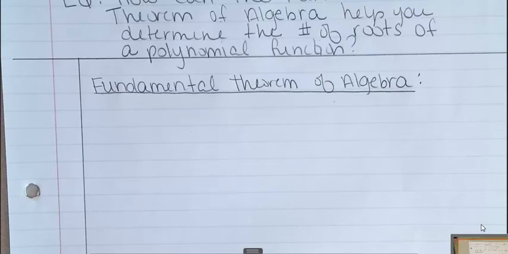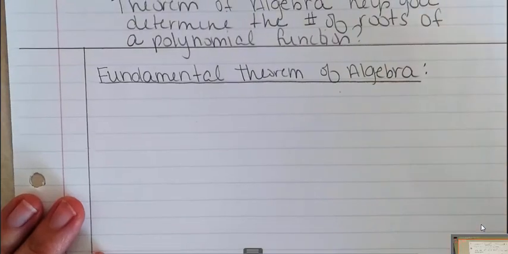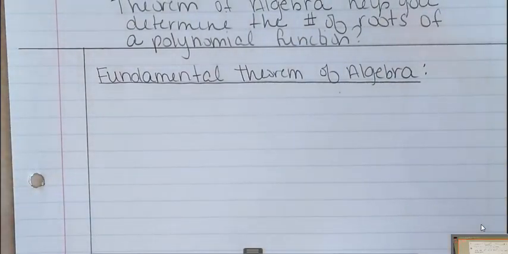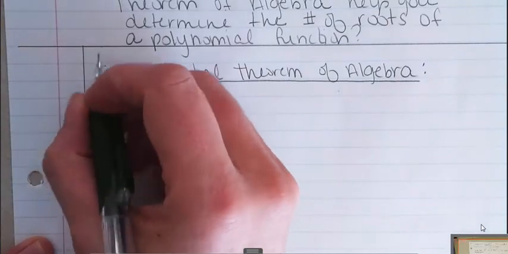And what we were looking for at times was potentially how the degree of the polynomial related to how many zeros a polynomial would have. And hopefully you realize that the degree was the maximum amount of zeros any polynomial could have. So if we have an nth degree polynomial,